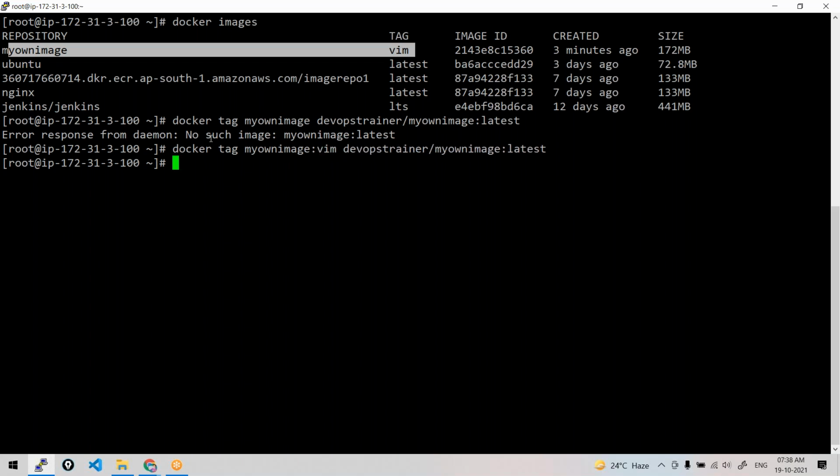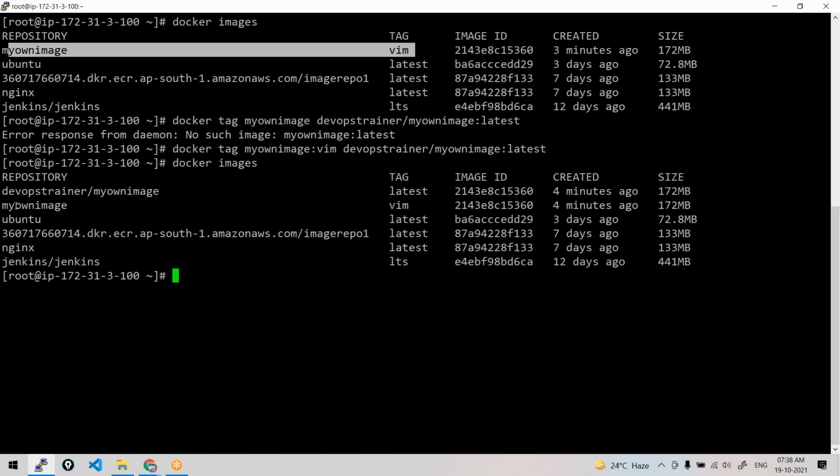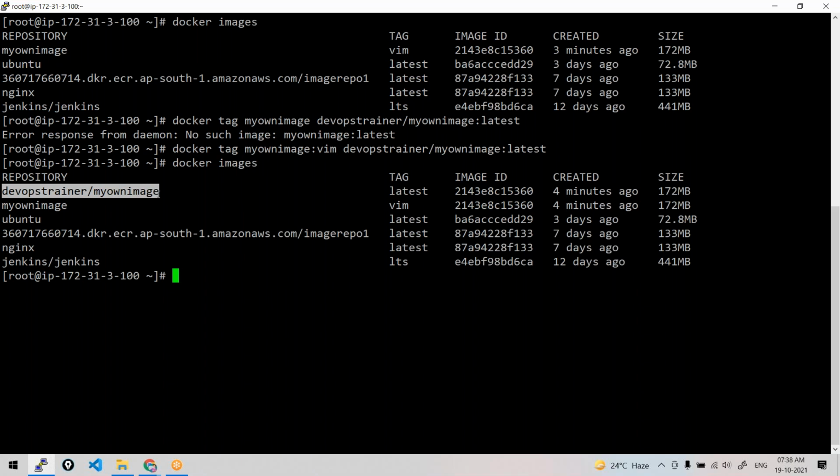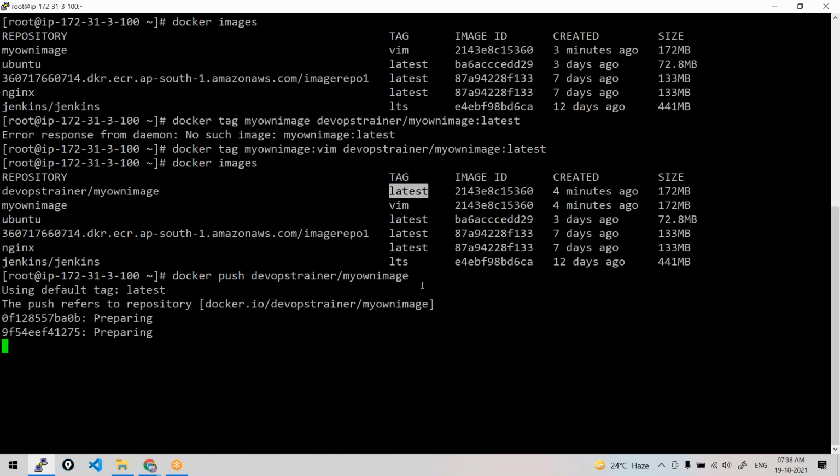Okay, now it might have created a copy of that image with a different name. Yes, perfect. Now you can push this. Docker push. Here I am using the tag name latest, so directly you can do this. Because my own image repository is not there, it will create it and push.